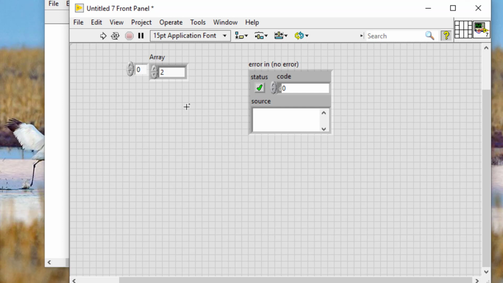We can use the positioning tool to click the array shell border, the index display, or the cluster shell border. To select the entire array or cluster, not just the element display, drag the array or cluster